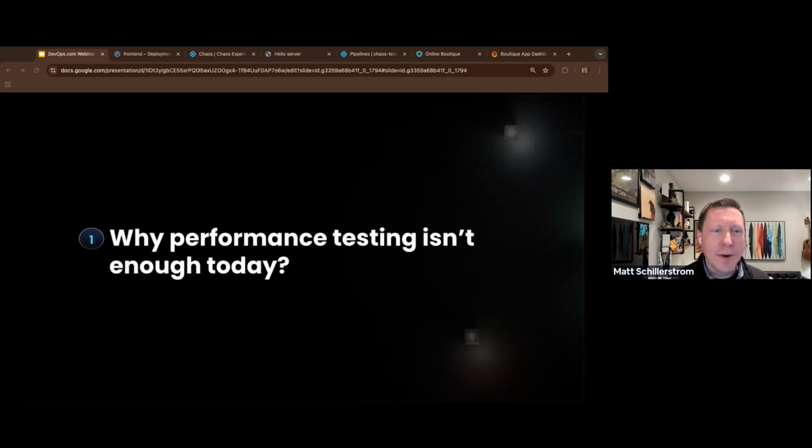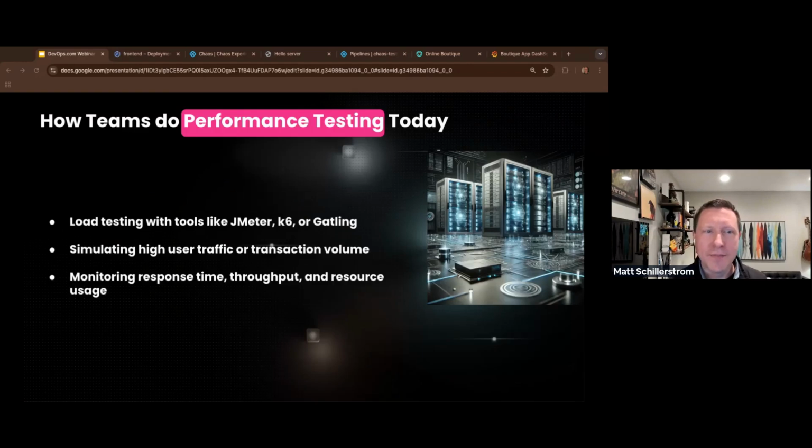All right. So why isn't performance testing enough today, right? How teams are doing performance testing today, like how we do it at Harness, as well as where I used to work at Target: we have various teams doing load testing with tools like JMeter, K6, Gatling, Locust, or LoadRunner.